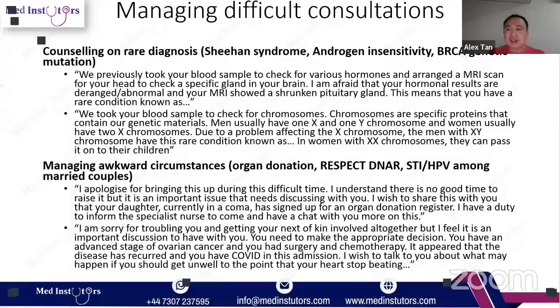So for androgen insensitivity syndrome, you can always refer. What do you refer to? Refer to the pediatric and adolescent specialists, because this usually affects young teenage girls who have not had periods by the age of 18, and you realize they have AIS. So refer them to the adolescent and pediatric specialists. That's how you get them involved.